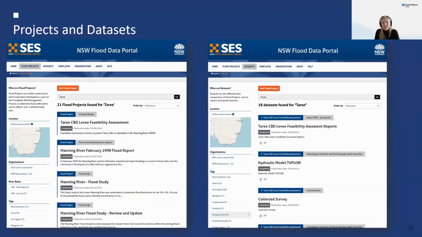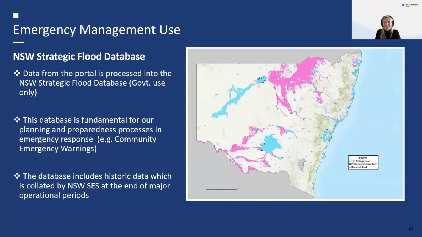So there are two ways to search for data through the portal. You can just do a text search. You can also do a location search, which is nice. And there are really nice filters as well. You can go through and have a look at open data and filter on reports or models. And I stumbled across this because I was looking for open data for flood model examples. They didn't just do this out of the goodness of their heart, I think. There was a little bit of self-requirement there.